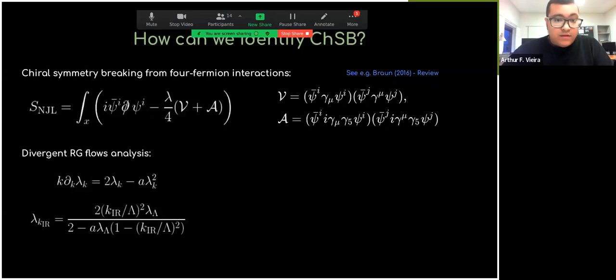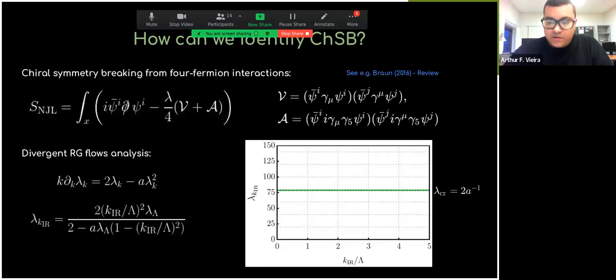And we can study the chiral breaking in this system by analyzing the renormalization group flow of this quartic coupling, which is lambda. And at one loop, and disregarding the anomalous dimension, we see that the beta function for this quartic coupling is written like this in 4 dimensions. And if we integrate this beta function from a UV scale down to an infrared scale, we see that it has this form, and we can actually plot this